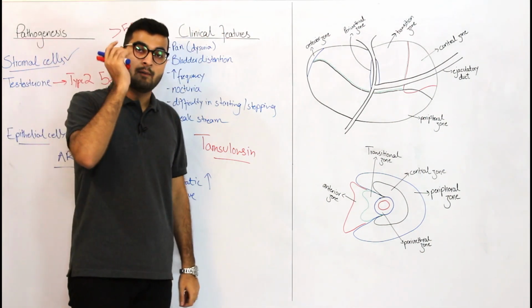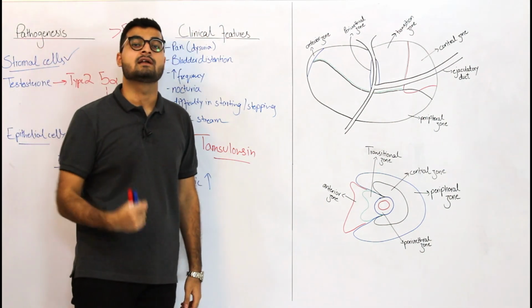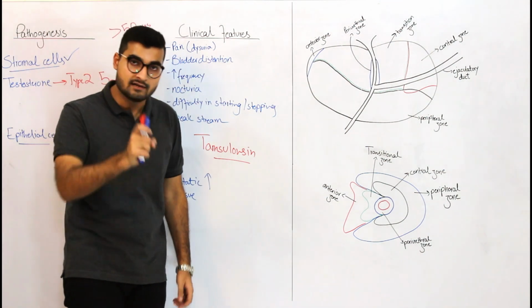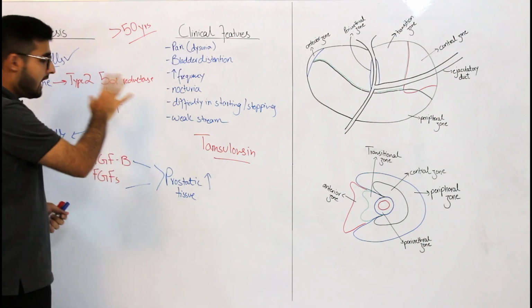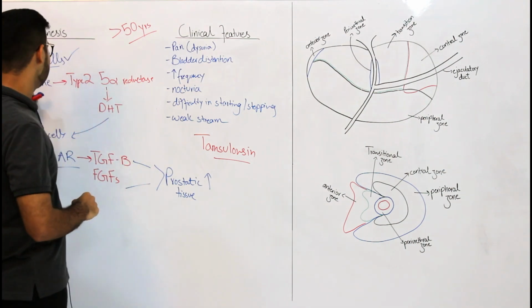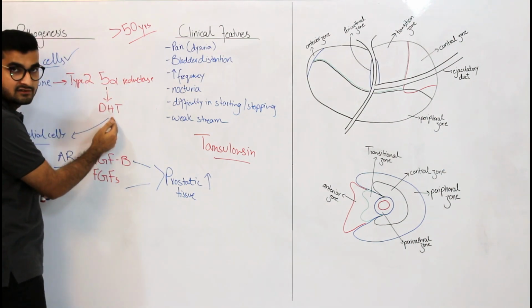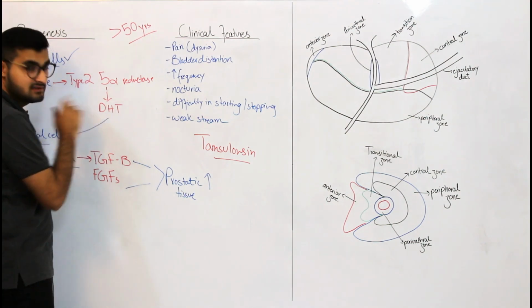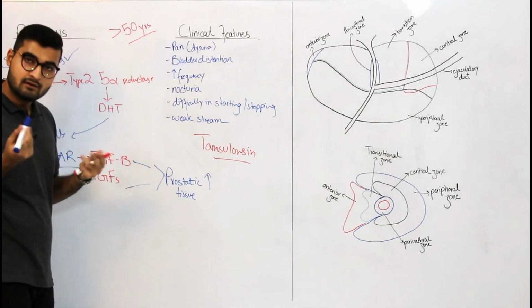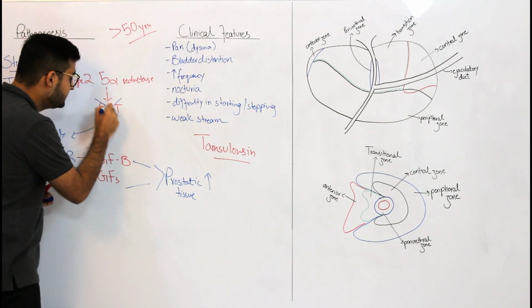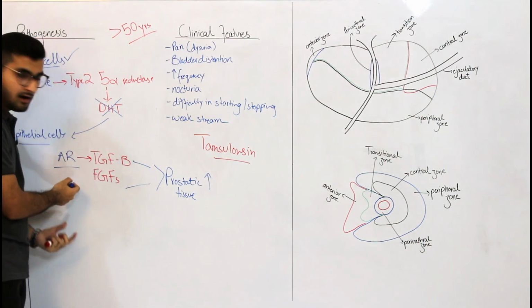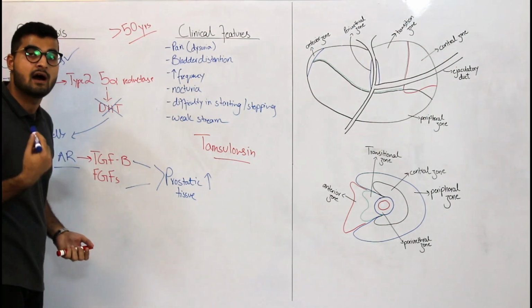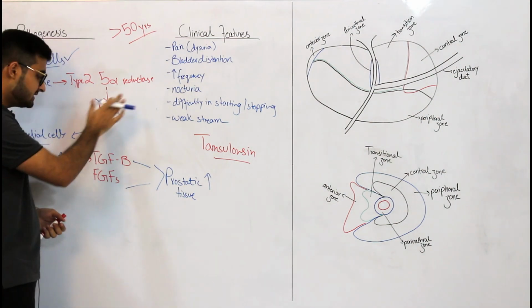Now, apart from the symptomatic treatment, if you want to handle the disease, target the disease, what you can do is, now think about it. How did the whole trouble start? Testosterone was converted into DHT, right? And I said that DHT is really potent. So if there were a way to reduce DHT, it would not go to androgen receptors, because testosterone can't go to androgen receptors. It does not have a high potency. So reducing DHT is going to reduce everything.